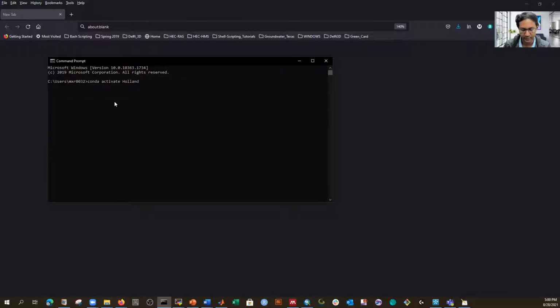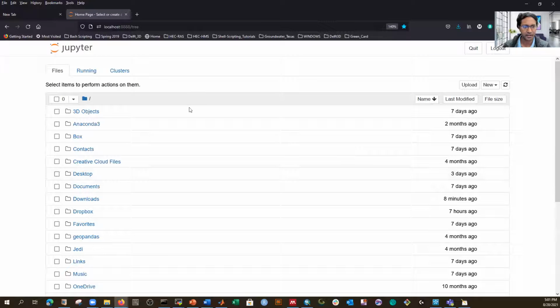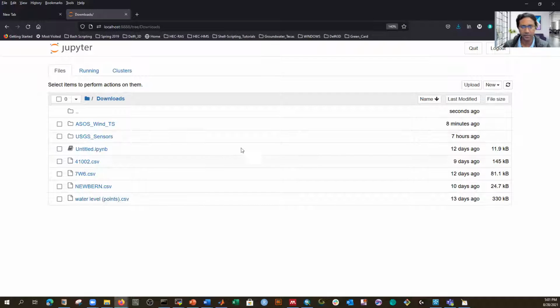I have that name. I activate my virtual environment first, and then I write jupyter notebook. Then it will open the Jupyter notebook in a new browser. It's starting, and here's the browser. In my download directory, I'm going to open a new